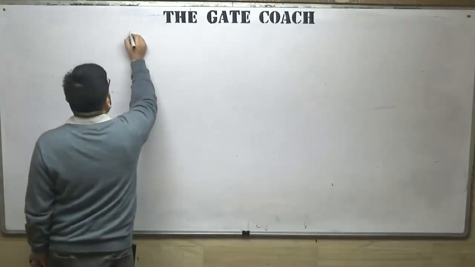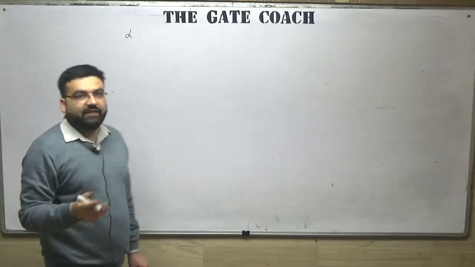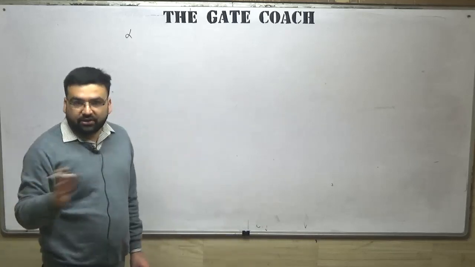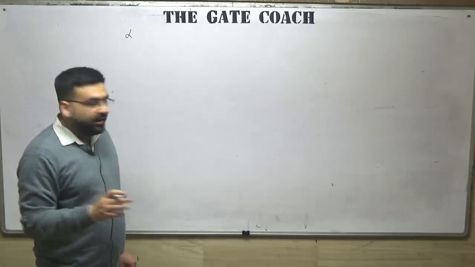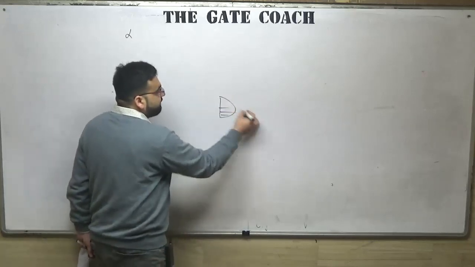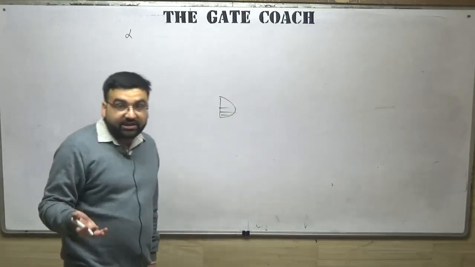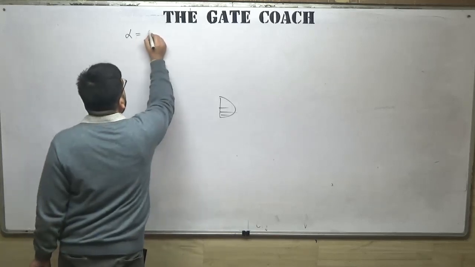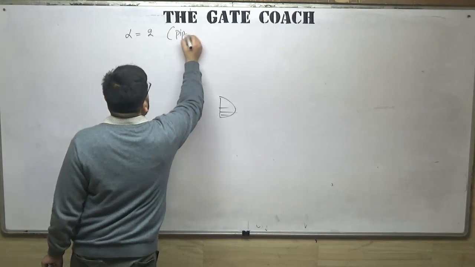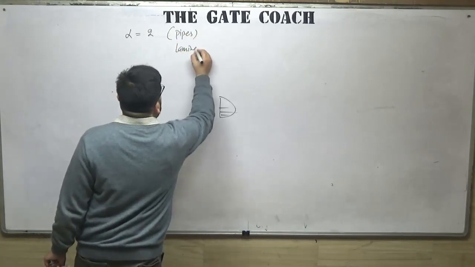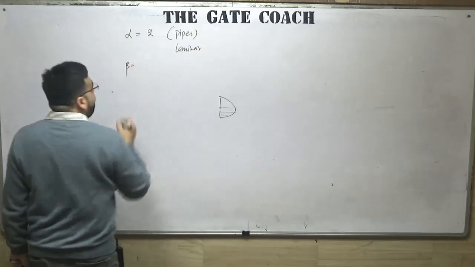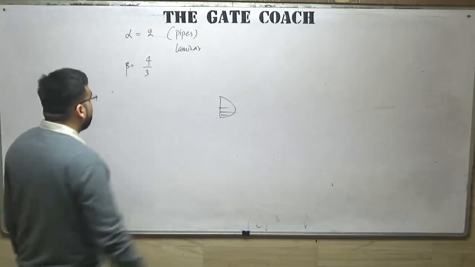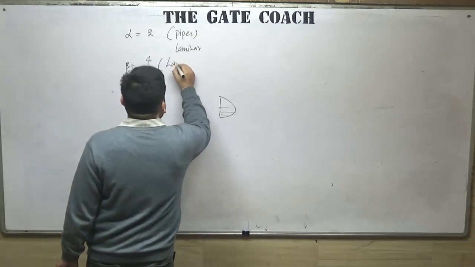I told you that the value of alpha, that is the kinetic energy correction factor, because when we apply Bernoulli's theorem, the velocity cannot be the same everywhere. So there might be some changes in the velocity, right? The velocity at this point is something, this point is something, this point is something. But we are taking it as the mean velocity. How is it possible? For that we apply the alpha, the kinetic energy correction factor. And I told you that it is equal to 2 for laminar flow in pipes. The value of beta, the momentum correction factor, is equal to 4 by 3, for laminar flow in pipes.